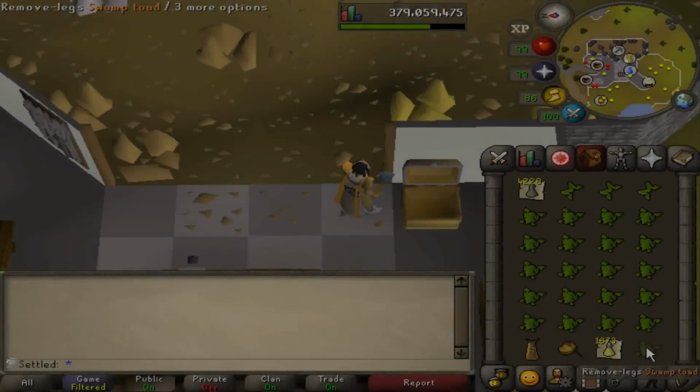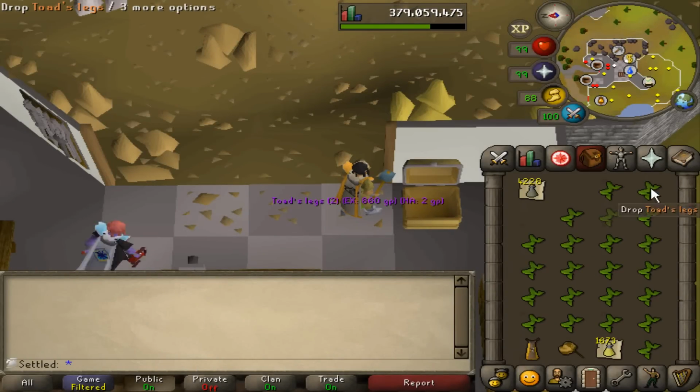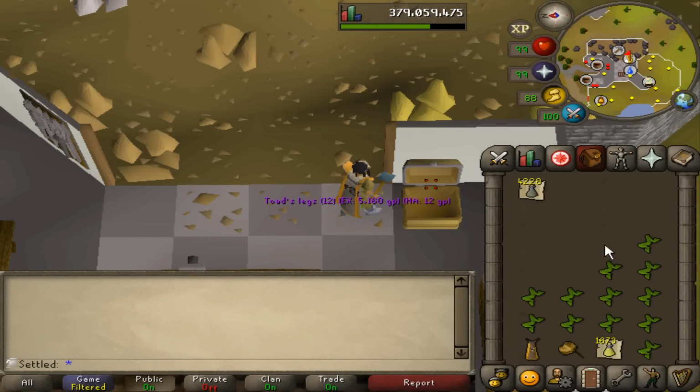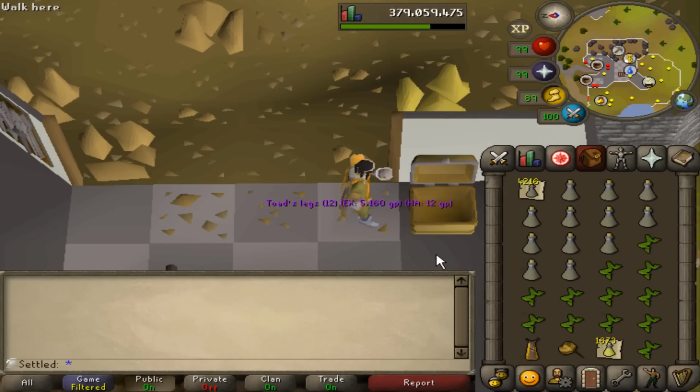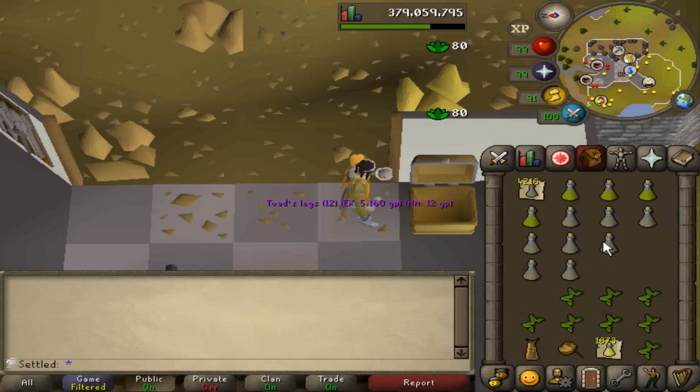Welcome to the final potion, my friends. This is going to be agility pots all the way to 99. I've currently made 1,800, so I know the method quite well. I'm going to show you guys what I do exactly in just a bit. We are currently 330k away from 99 herb lore, and I don't actually even need to make all of these. I think I need to make like 4150 for max or something,